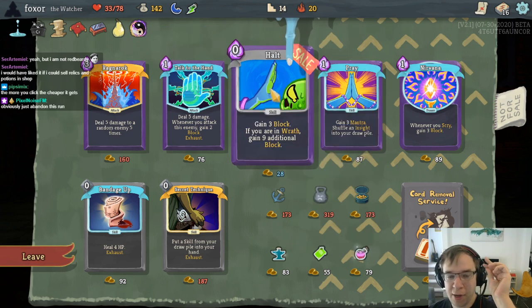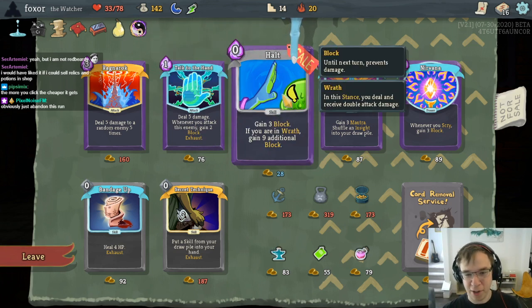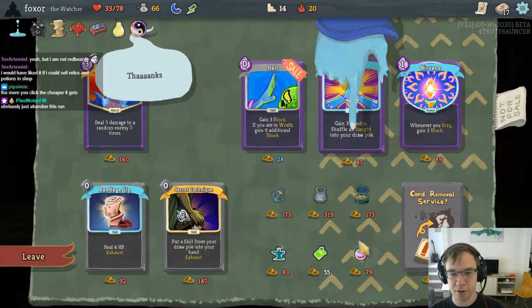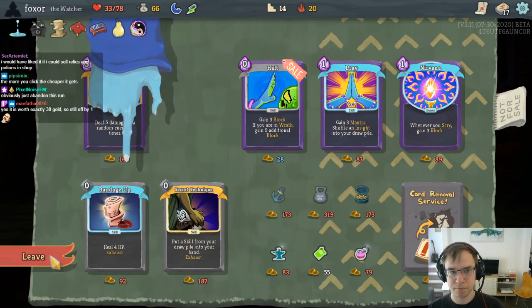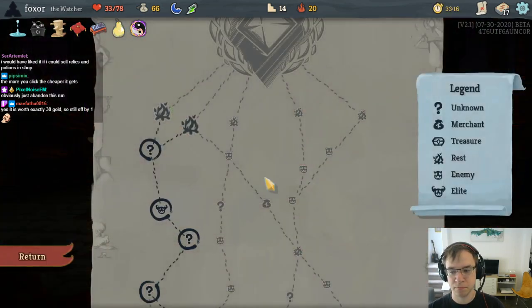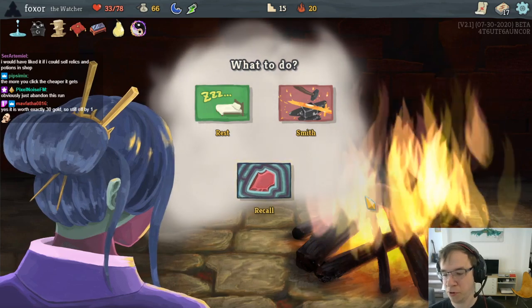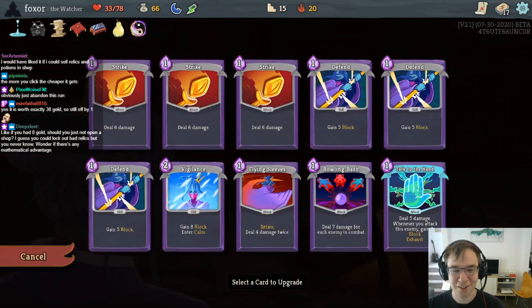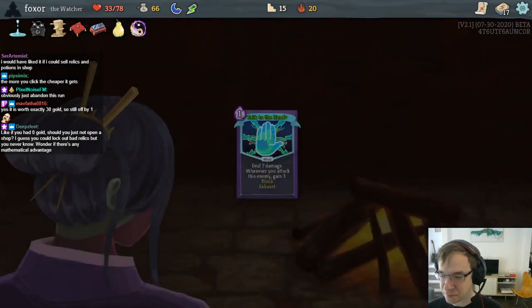Halt is also good with Duality because we can get a bunch of decks, and then Halt gives you 2 times your decks. Right, let's just take Talk to the Hand because it's good. And leave. Wasn't 30 gold, wouldn't that mean we had an extra gold? I guess that's still technically off by 1, but...